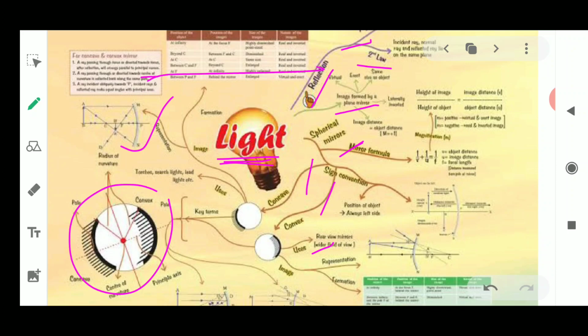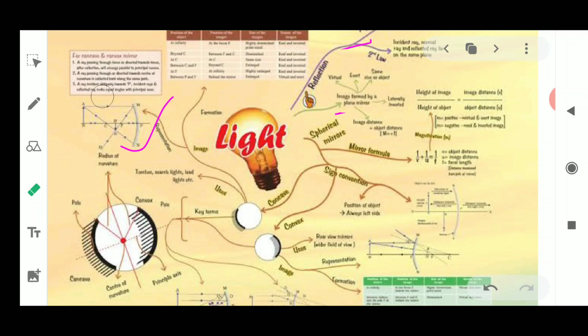What is the nature, what is the behavior of refraction and reflection of light on various surfaces, and what will be the effect on the image which is formed when the object is kept at various positions. With this there are many other topics which will be included in between. So these were the topics which, at a glance, are to be discussed. All these will be discussed in the chapter in detail.